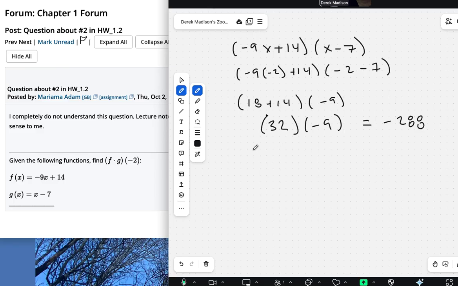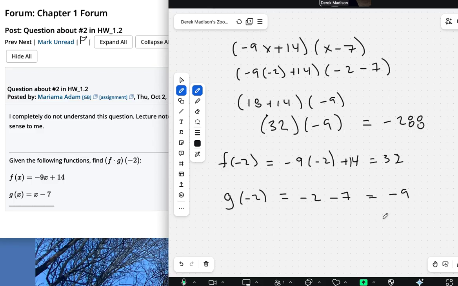In terms of how I wrote this in the notes, I think I said f of -2 equals this evaluated at -2. And then you get the exact same 32 right there. And I did g of -2, so -2 minus 7, that makes -9. And I said, okay, so that's our f of -2, that's our g of -2, and now let's multiply those